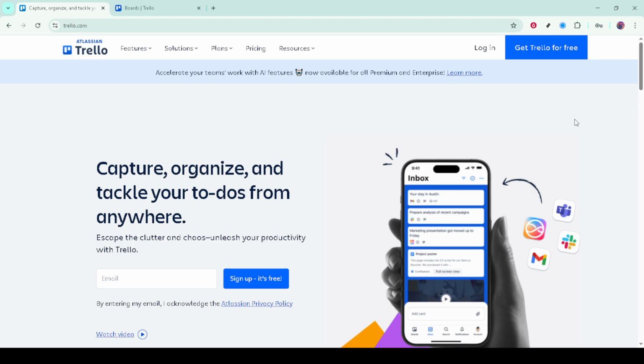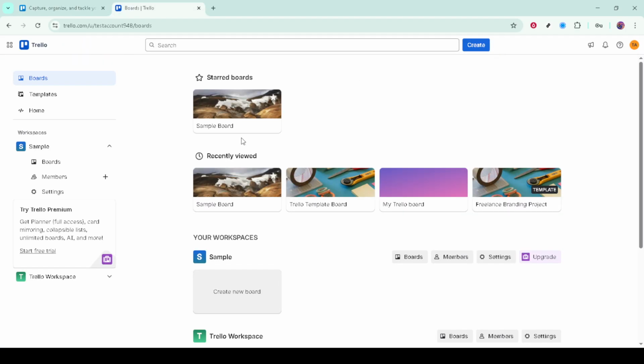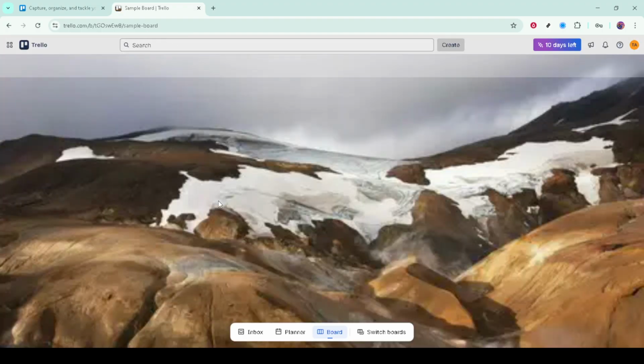Use the web app or desktop app and make sure you're logged into the account that has access to the board where you want Google Drive enabled. If you're part of a team, you'll need edit access on that board to add integrations. Once you're in, open the board you want to connect. This is the place where the Google Drive features will appear, so pick the board your team actually uses for